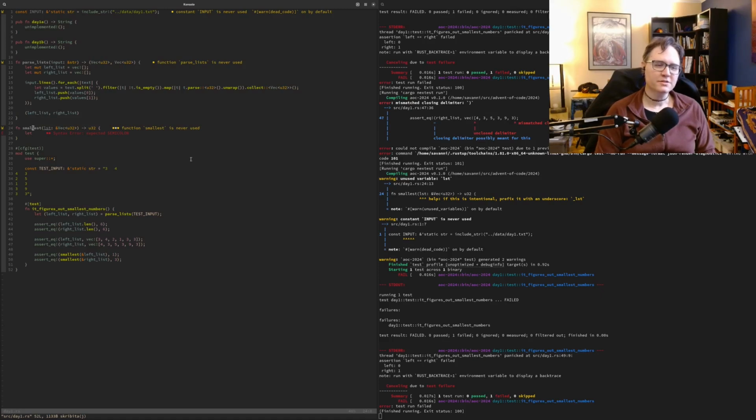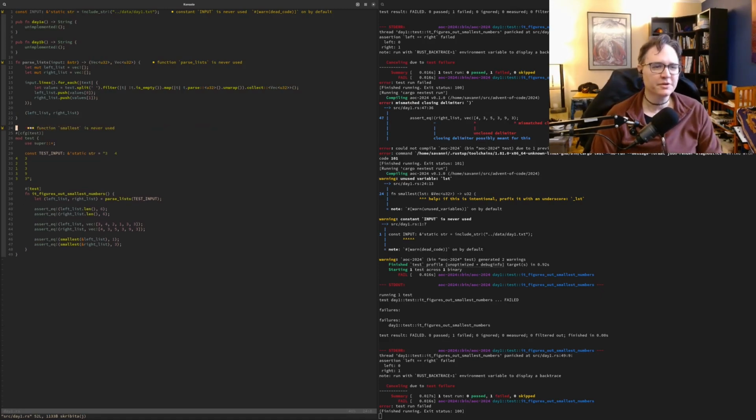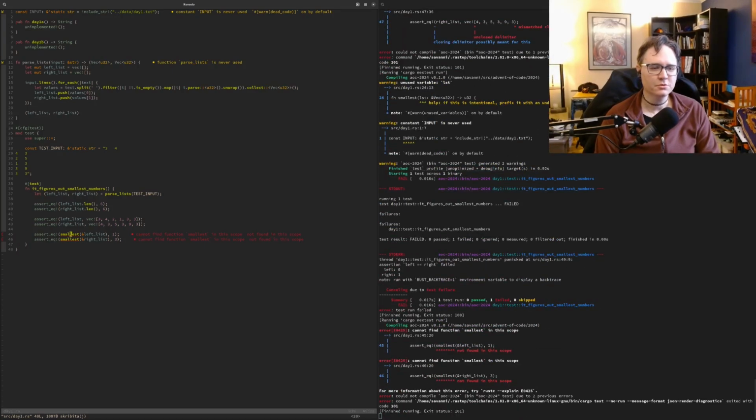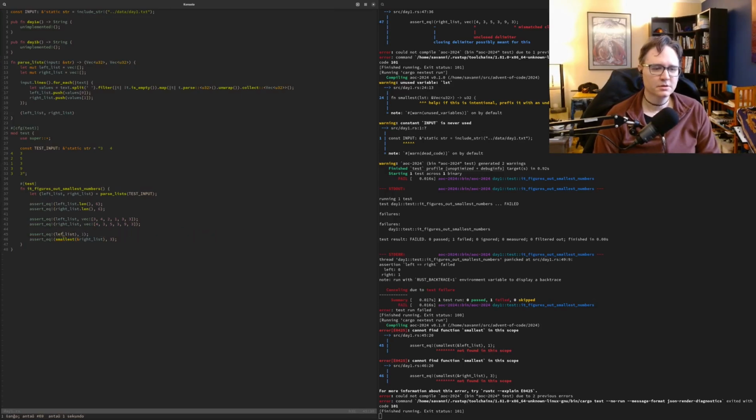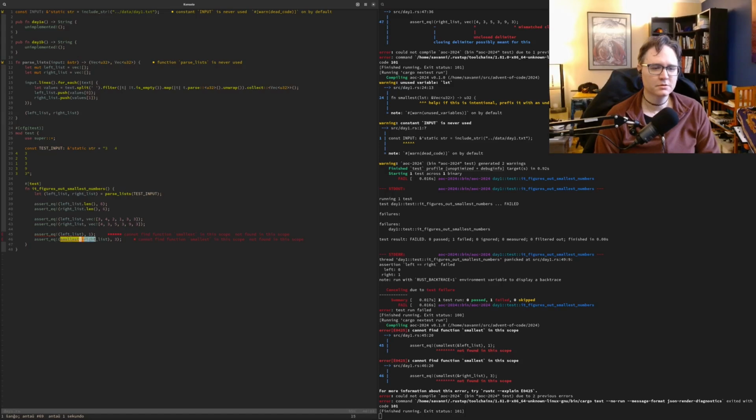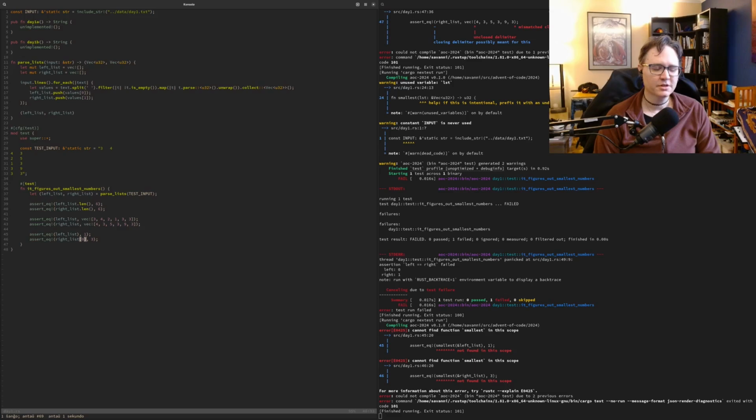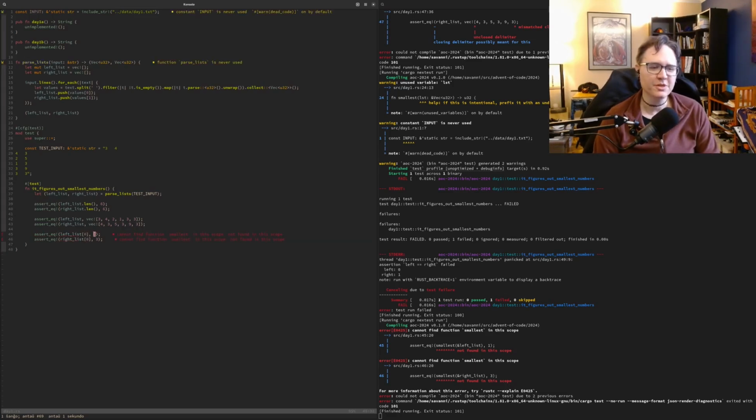So the way that... yeah, no. I'm just going to get rid of smallest. Instead, what I want to do is assert that the first element of each list is, in this case, what I know to be the smallest value.